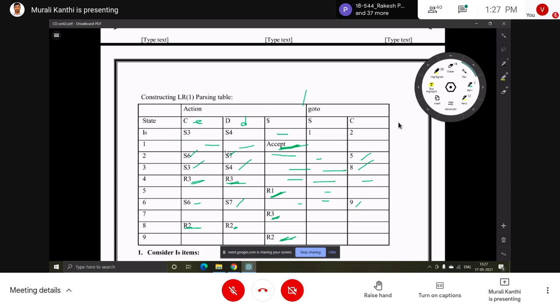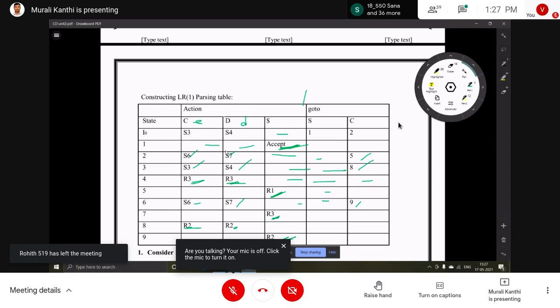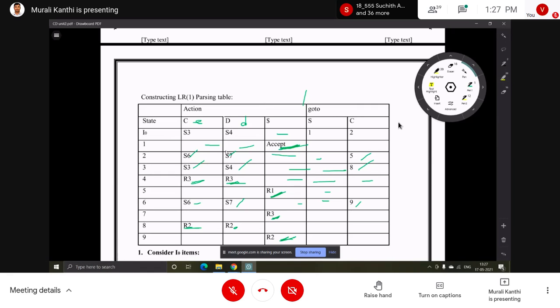Based on the lookahead symbol, the entries will be filled into the table while performing the reduce operation. So in SLR, follows are used to perform the reduce operation; in CLR, the lookahead symbol is used to perform the reduce operation. That is the difference.